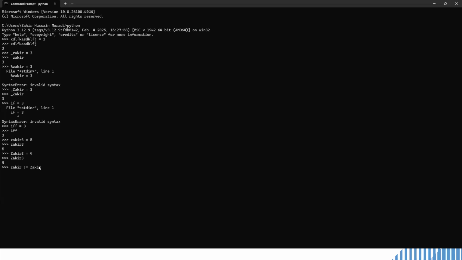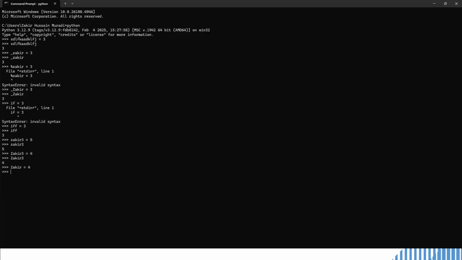So these two are not equal. If you're writing with small letters and later you call it with a capital, it will not understand. So you should keep in mind what you will put for your naming, whether it is camel case or something else. For example, if you are using all capital with the first letter capital, 4 is equal to 4.